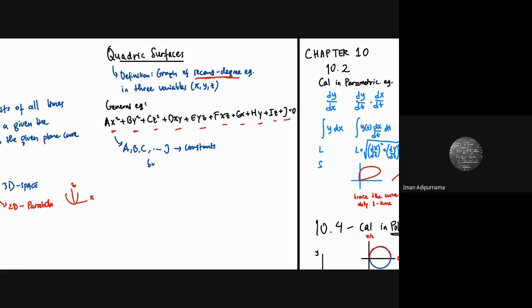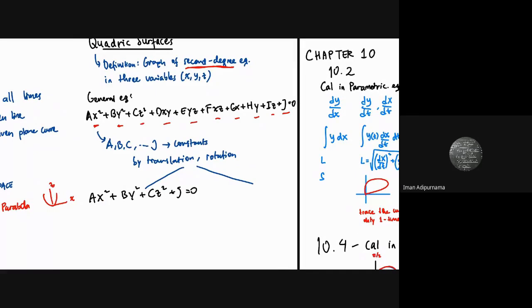By translation and rotation, which means if we rotate and translate the surface, we move it, we can reduce it to two basic forms of equations. So first is this equation, and secondly,